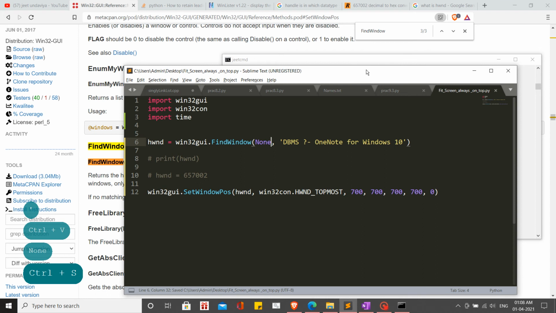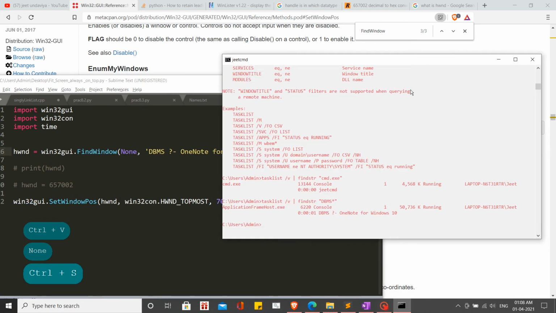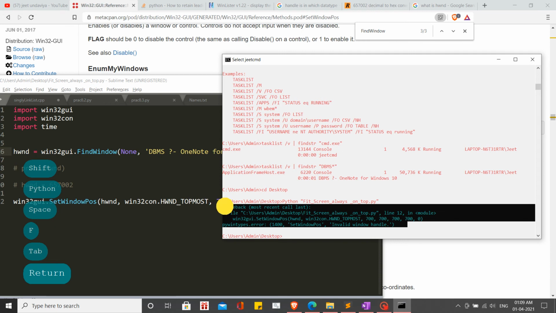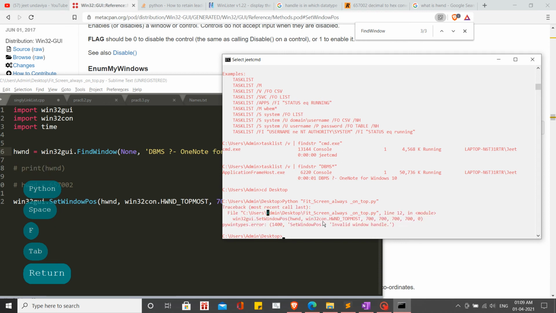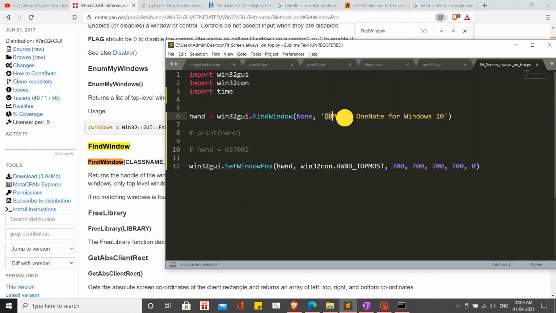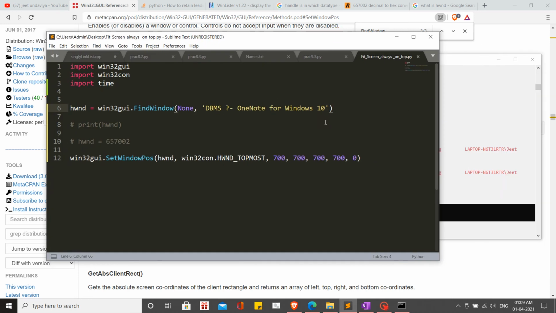And if I save it and run it, first of all let me go to the path where this file is located. It's on the desktop. I'll say python, then the name of my file. If I run it, it says there is some sort of error which it is not able to handle. So this was a dead end which I was getting. Even after passing the correct title, I was not able to fetch the information the way I wanted. And it was happening with many of the applications.